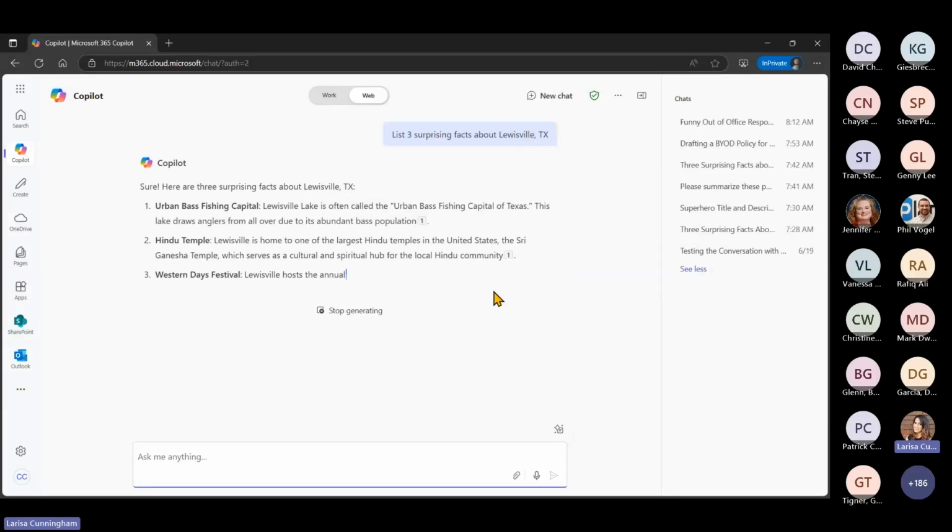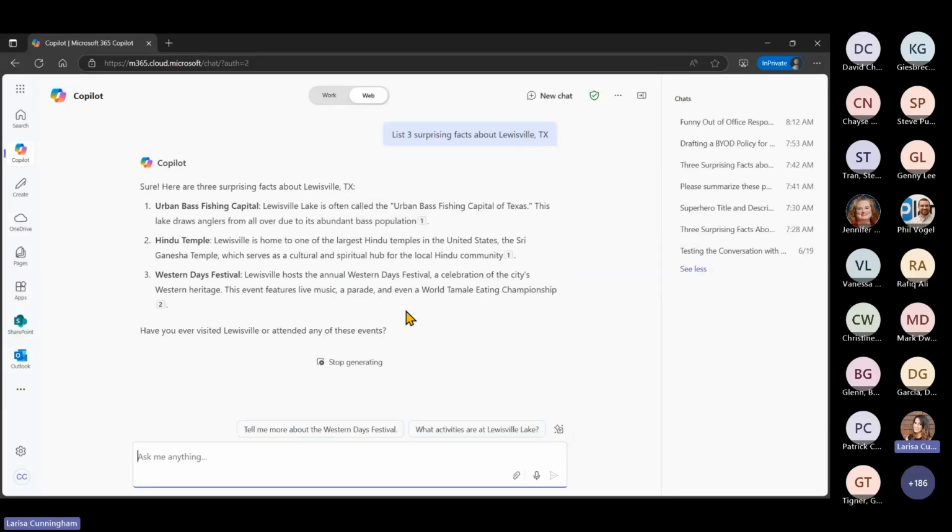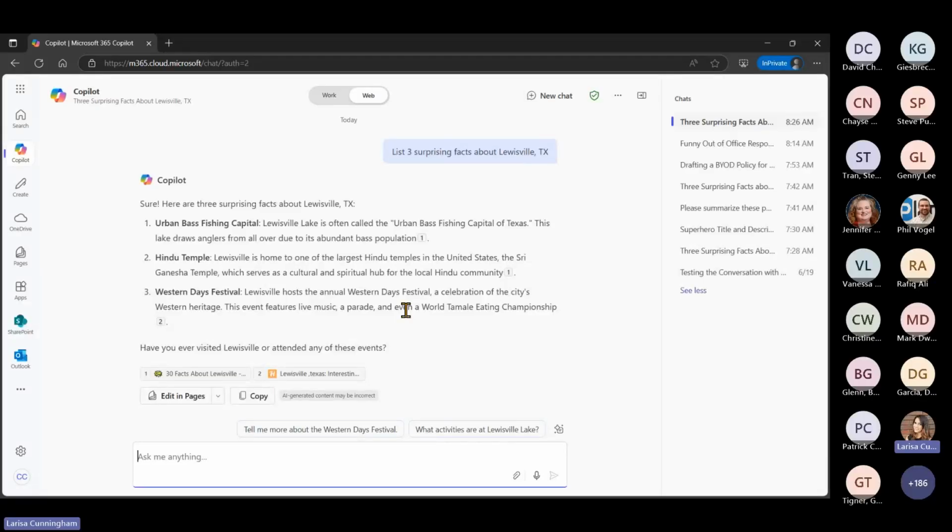And we're starting to get some quick responses that I might not have known. It would be fun to see if you are already aware of some of these fun facts that it brings up. But really quickly with this response, I want to point out that that source transparency we talked about is going